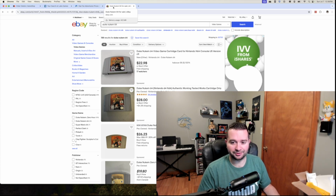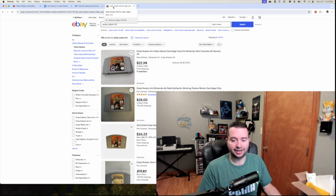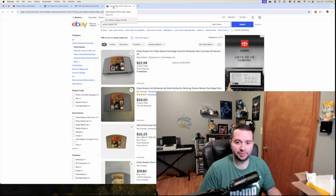If you're somebody who's very particular about how your games are going to look, if they're going to be complete in box, if they're going to be even semi-complete in box, then this is more of a risk. You may be better off doing eBay and better off paying a little bit more to get the conditions that you want. Whereas for me,